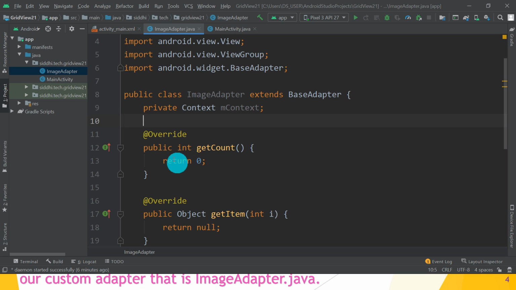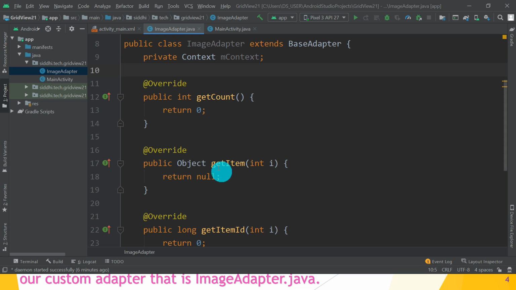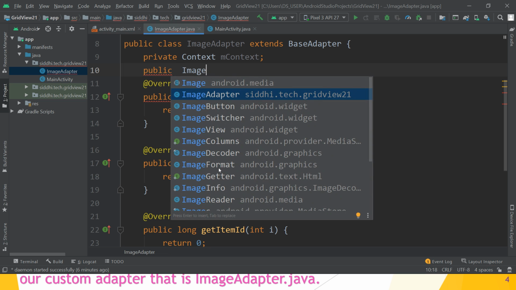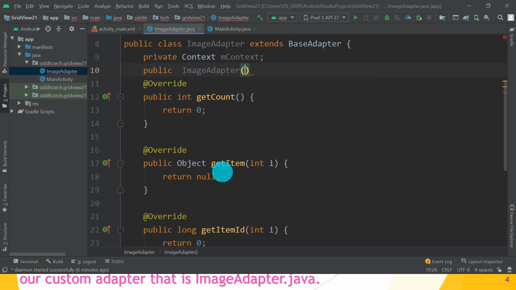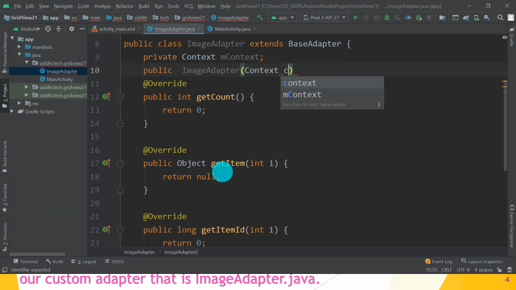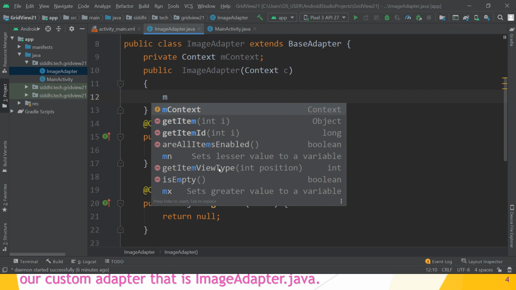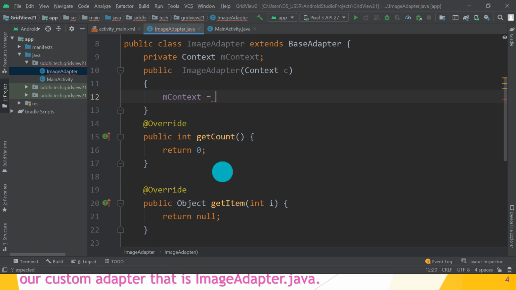Then in the public ImageAdapter constructor, create a public ImageAdapter constructor and pass the context as c. This is the object reference. In that, mContext is equal to c. Great guys, hope you understand.